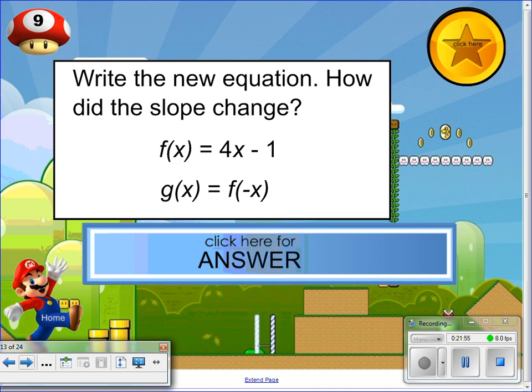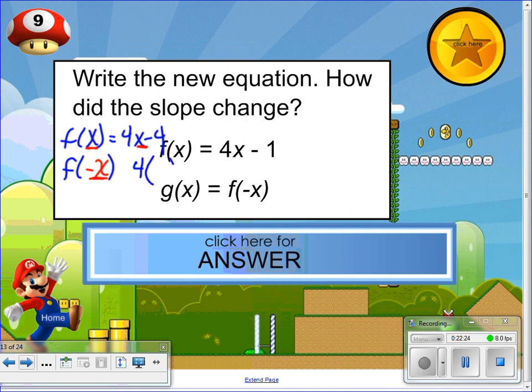So we're going to take our equation, f of x equals 4x minus 1. And we see that it changed by becoming f of negative x. So this one's different than the ones that we did before. When it's on the inside, you're only swapping out the x with whatever's on the inside. So we're swapping out this x with negative x. So we'll have 4 times